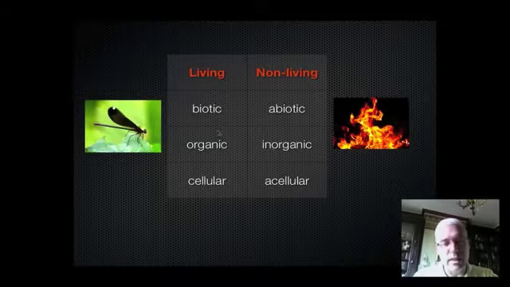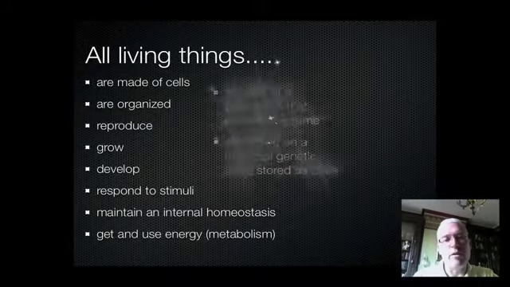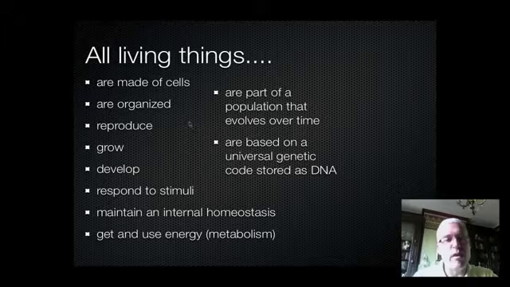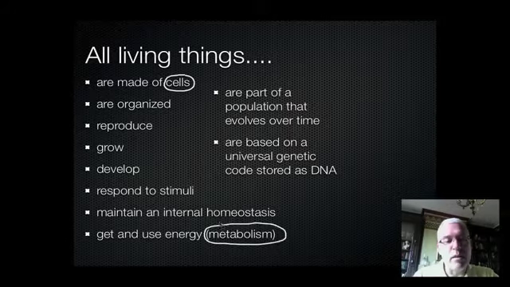So let's get this list here and talk about all the characteristics that modern day biology uses to define whether or not something is alive. And as you can see up here at the top, here's the idea of cells. All living things are made from cells. They have at least one of them. Most of the living things you're familiar with are made up of millions or even trillions of cells all working together. The second thing I think is important is this idea of metabolism. All living things have a metabolic process that allows their cells to get energy and then use this energy to do something. And finally, all living things have DNA, a chemical that's used to pass on genetic traits from parents